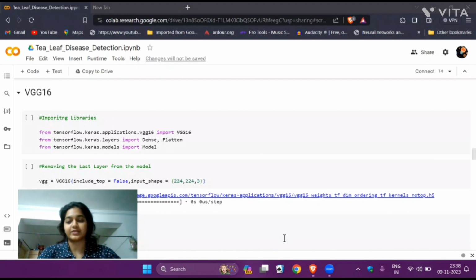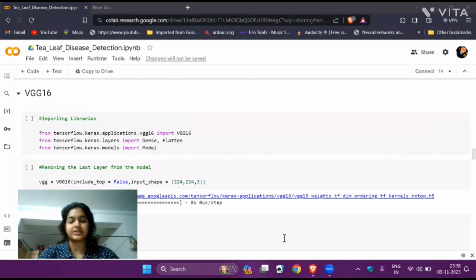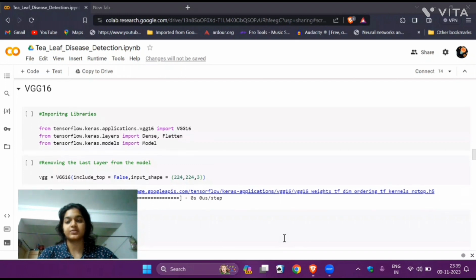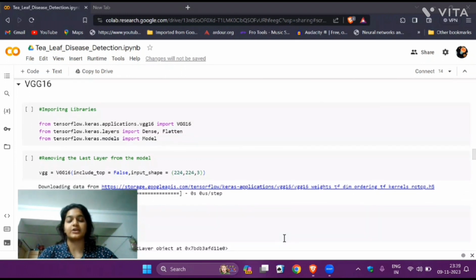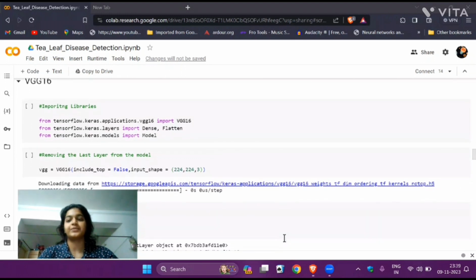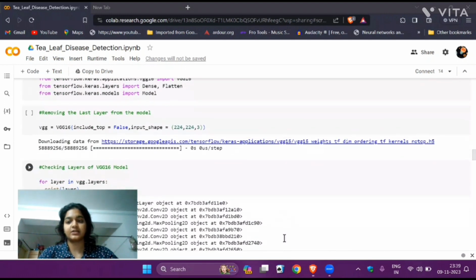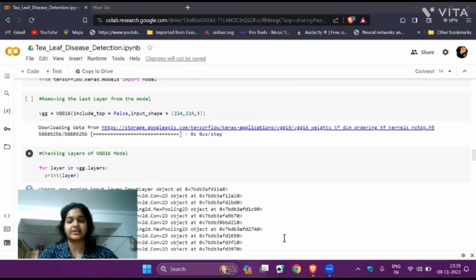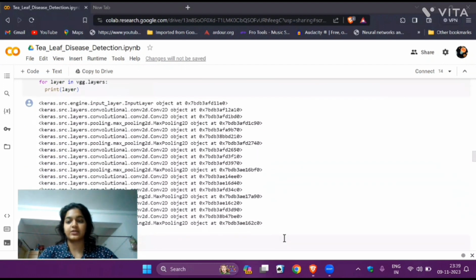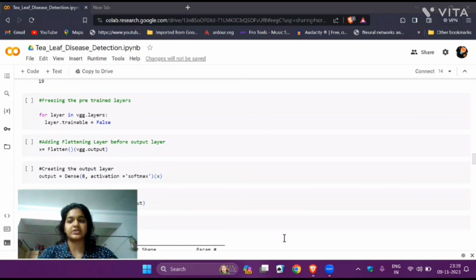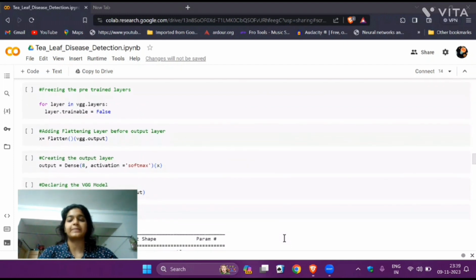My name is Abigna Kotamareddi, and I was part of the project Tea Leaf Disease Detection. I was in charge of testing other models, and I chose to do VGG16. So firstly, I imported the libraries required, like VGG16 and the layer libraries. And then I removed the top layer, the last layer of the VGG16 model. And then I checked all the model layers of the VGG,